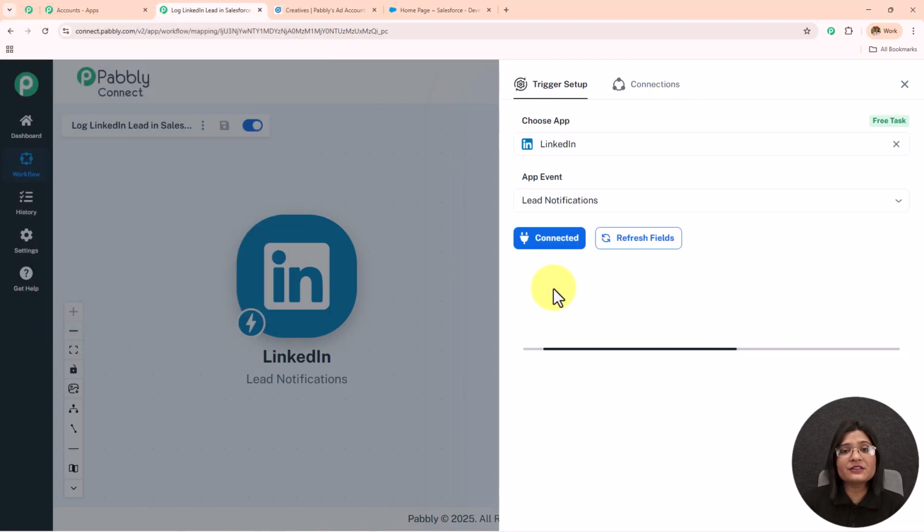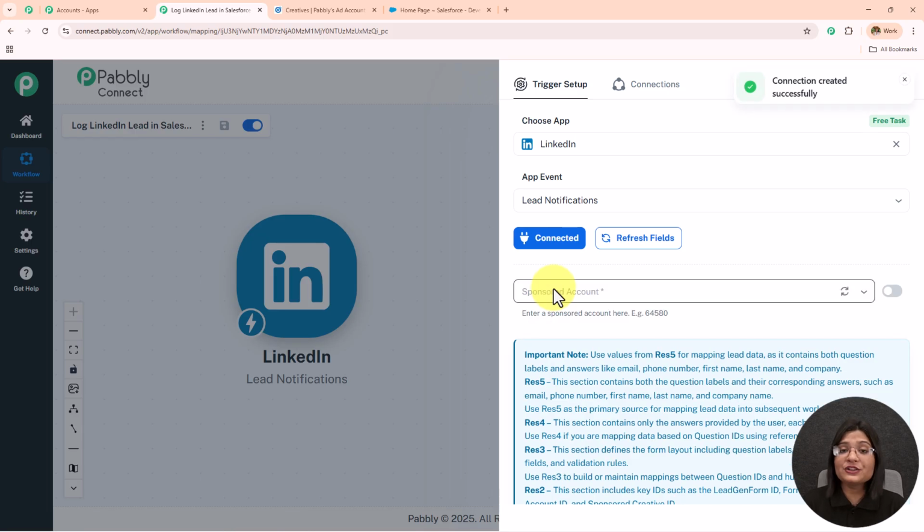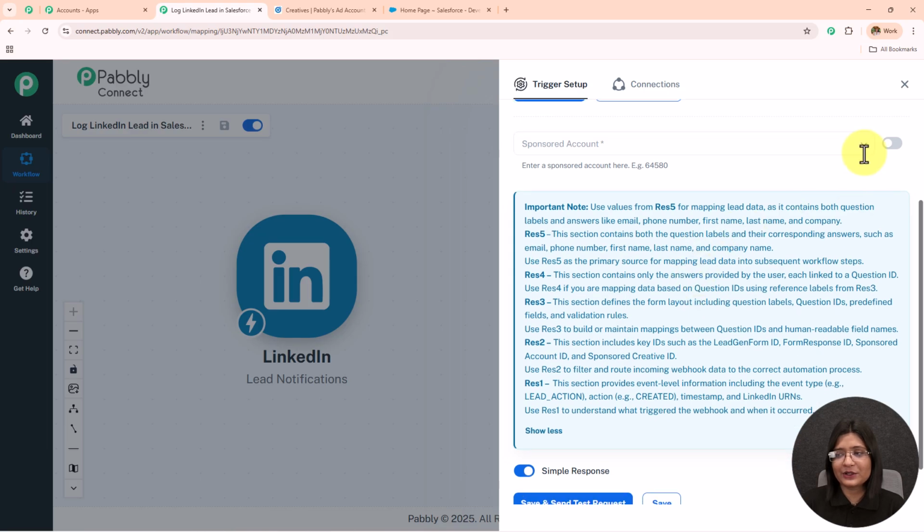Here you need to enter your LinkedIn credentials and you have to grant away the permission. Here I have authorized this application multiple times, so this was an easy authorization. So LinkedIn is connected with Pabbly Connect, and now I'm going to enter this